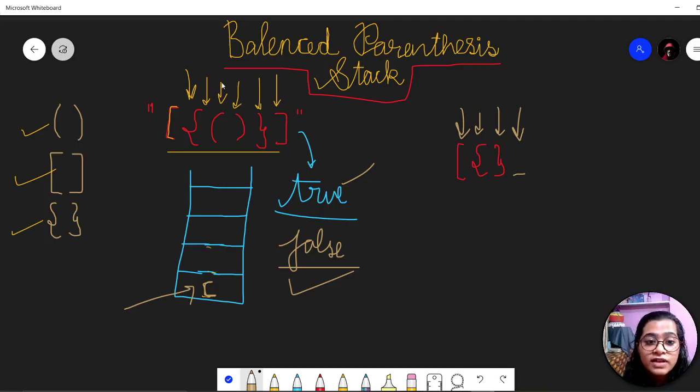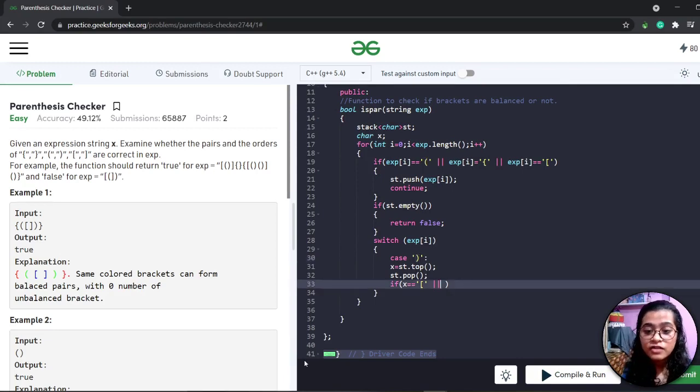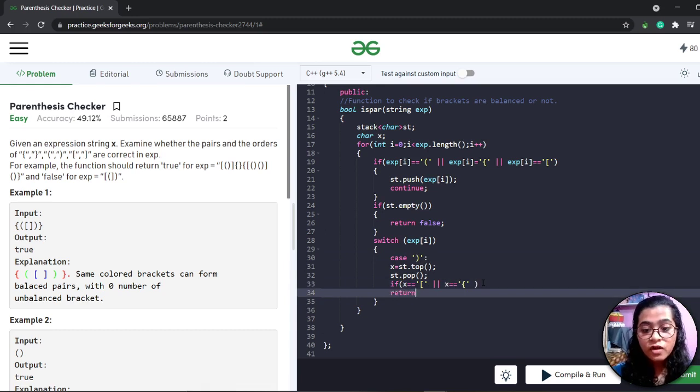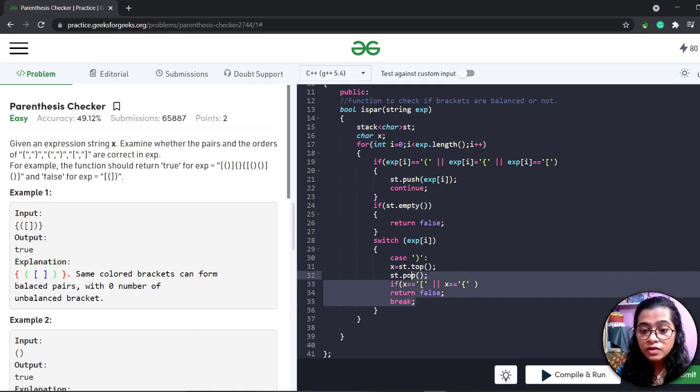See, firstly we are encountering this opening bracket and then this opening bracket and then this. For this we are checking if this bracket is balanced or not, like we are checking for same brackets. And now here we are checking if there are any opening brackets which are not matching for the corresponding closing bracket, that is the round bracket. Then we have to return false and then we will break. And we will do this for all the three brackets.